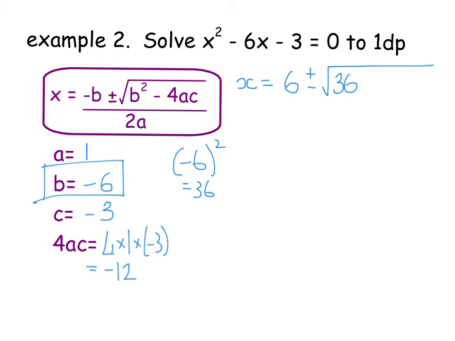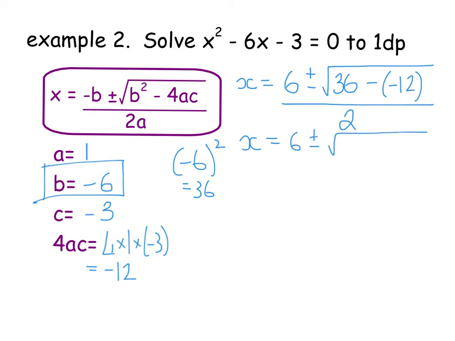So you've got 36 there, take away, and then 4AC was -12. Now this is why I like to go work out my 4AC first of all, because it makes this double negative 10 times more obvious when it comes to the substitution. And then it's everything all over 2A, so 2 times 1 is 2. Okay, so from there, we tidy up that square root, so you've got plus and minus. 36 minus -12 becomes a +12, which gives you 48,